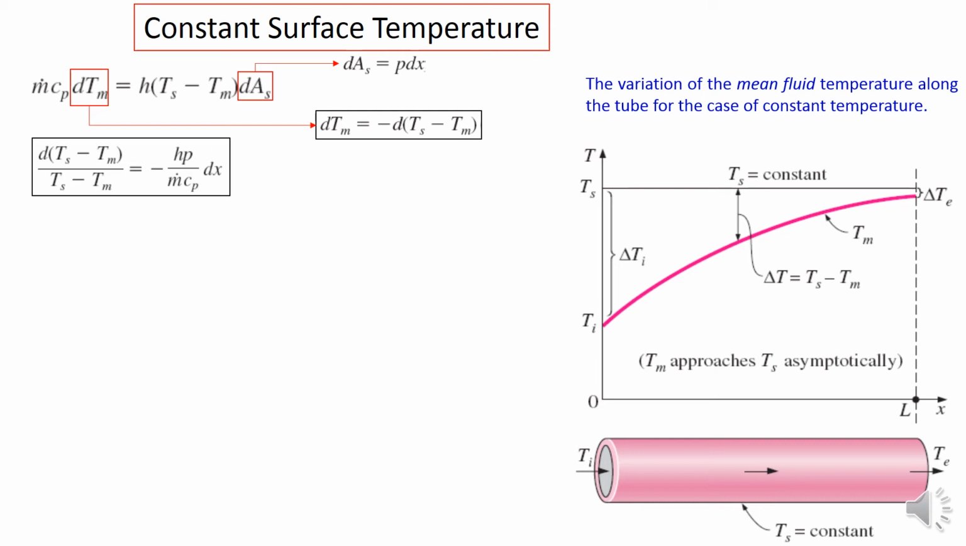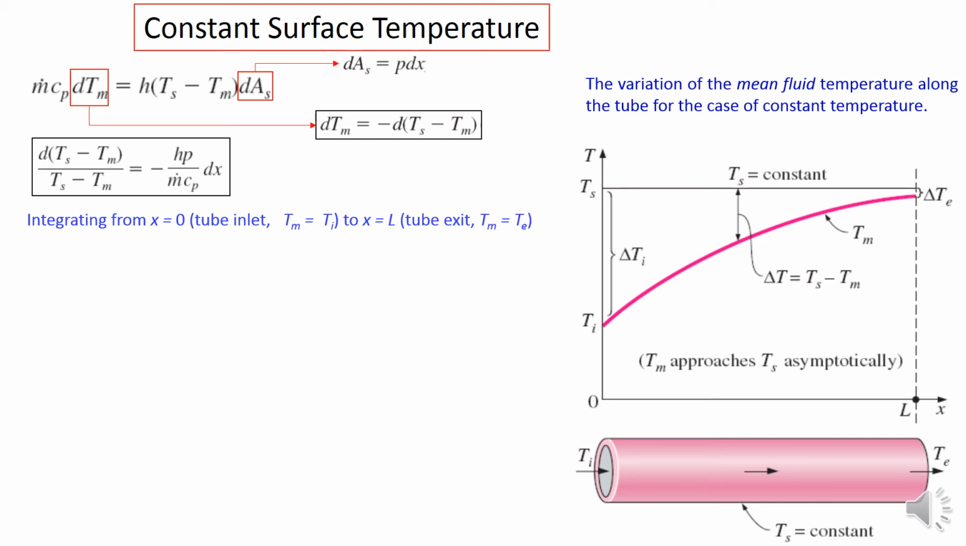into perimeter times dx, and then we can rearrange this equation to be d of the surface temperature minus the mean temperature of the fluid, divided by the surface temperature minus the mean temperature, equal to minus h, the convection coefficient, times the perimeter divided by the mass flow rate m dot times the specific heat Cp, times dx. If we integrate this equation from x equal to 0, which is the tube inlet, where the mean temperature of the fluid is equal to the inlet temperature, to x equal to L, which is the maximum length of the tube or pipe, which is the tube exit, and